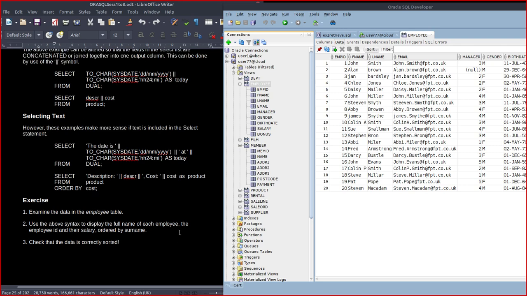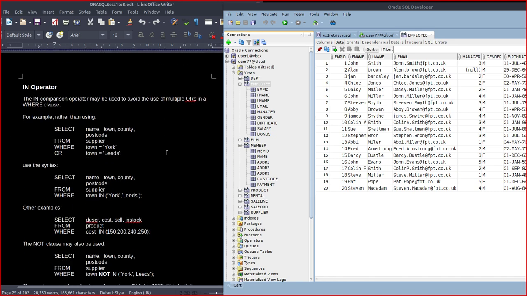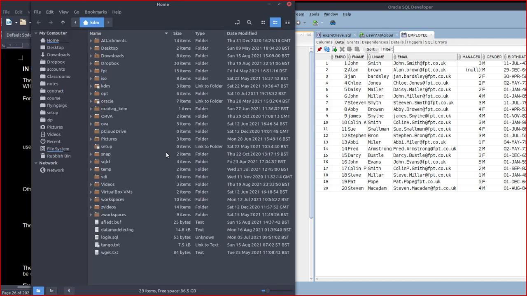I think you might find that some of these things, like Jan there, it's a lowercase j, so you might want to use something like the upper function to make sure it works properly. But anyway, you can look at those exercises, and if you've forgotten, the answers are in a file imaginatively called,